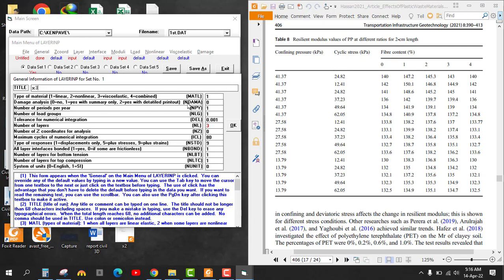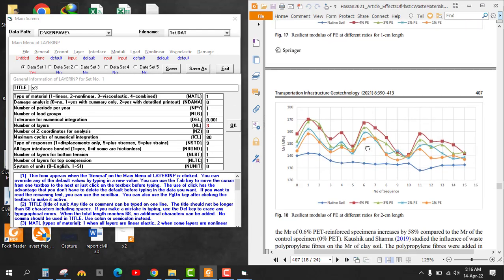Here in the paper they use the linear type of material, so we will put here linear equal to 1, and then they need no damage analysis, so we will put 0 for no damage analysis. And then the number of periods per year. Here you can see that in table number 10